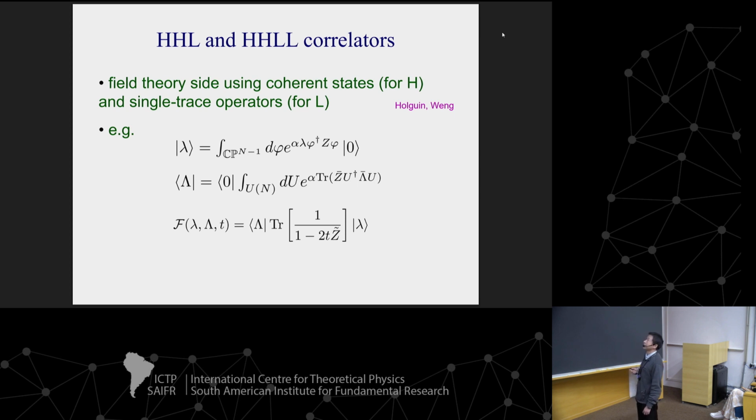The coherent state can also be used for calculating correlators of the type HHL and HHLL. H is the heavy operator, and L is the light operator. Here we can use coherent state for the heavy and the single trace operator for the light operator. For example, we can consider the brane state capital lambda